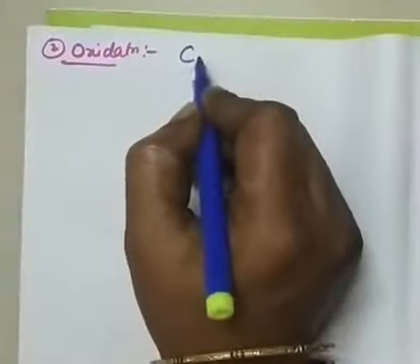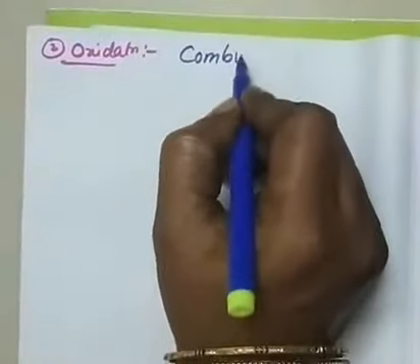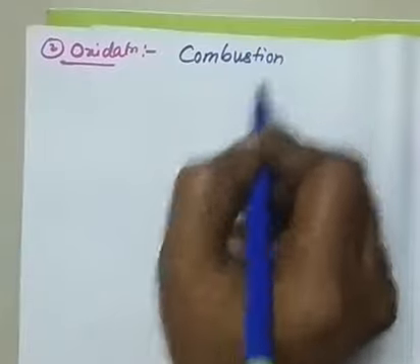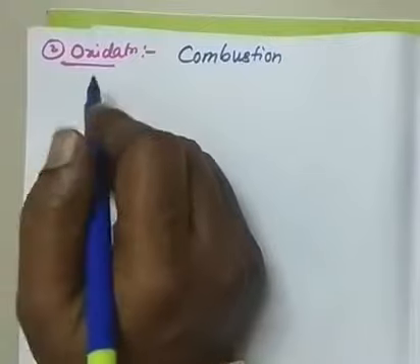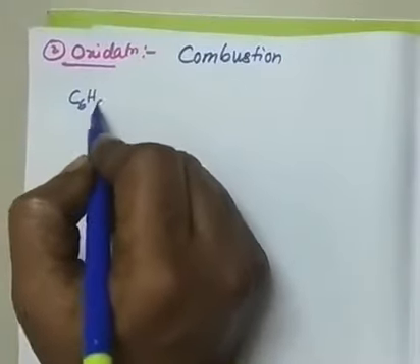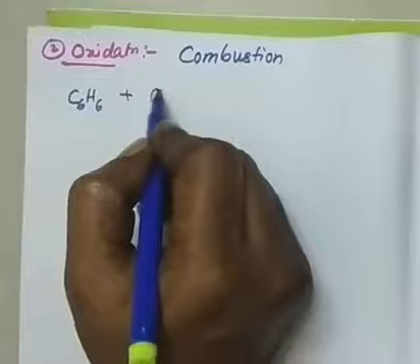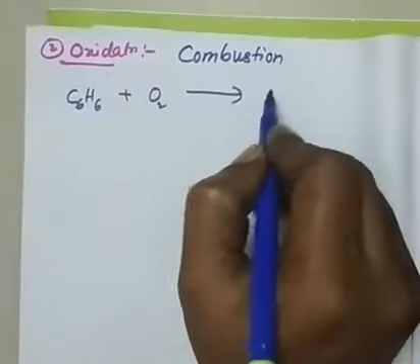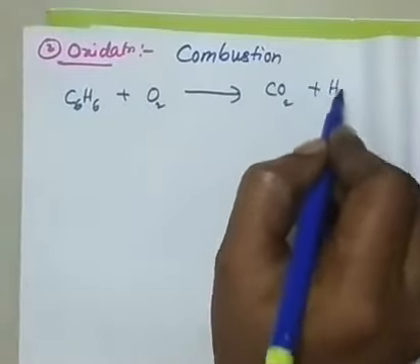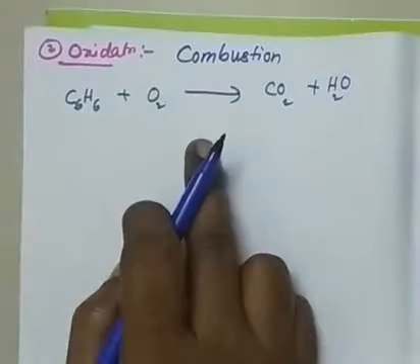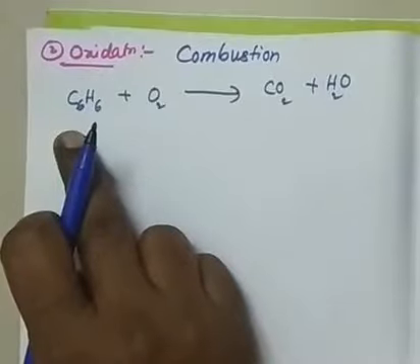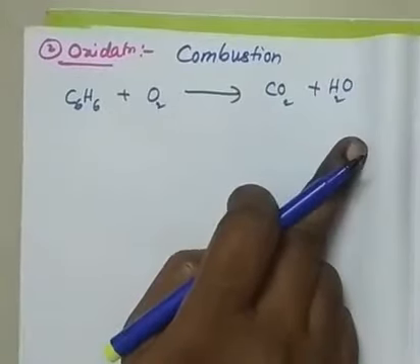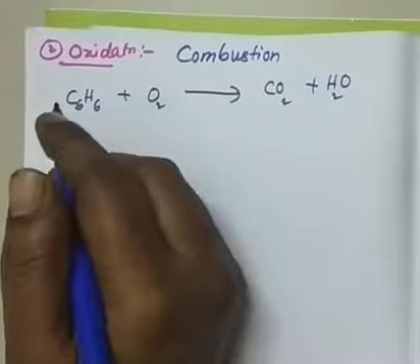Okay, second reaction, that is oxidation. We can call the reaction of this reactant in the presence of air or oxygen combustion. So combustion: C6H6, when reacted with oxygen molecule, gives you carbon dioxide and water. These are the combustion products. Combustion means heat, burning the compound in the presence of oxygen, complete burning, complete breakdown to form carbon dioxide and water is called combustion reaction, right?